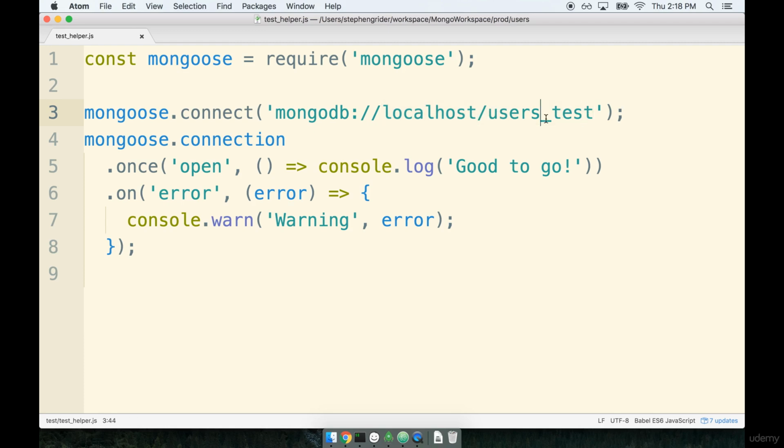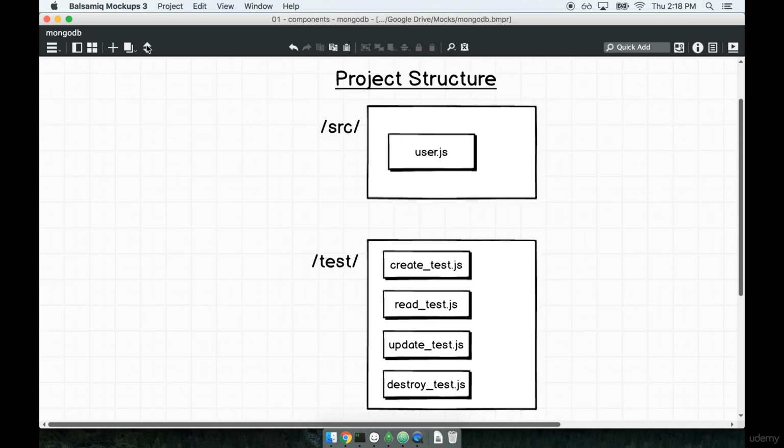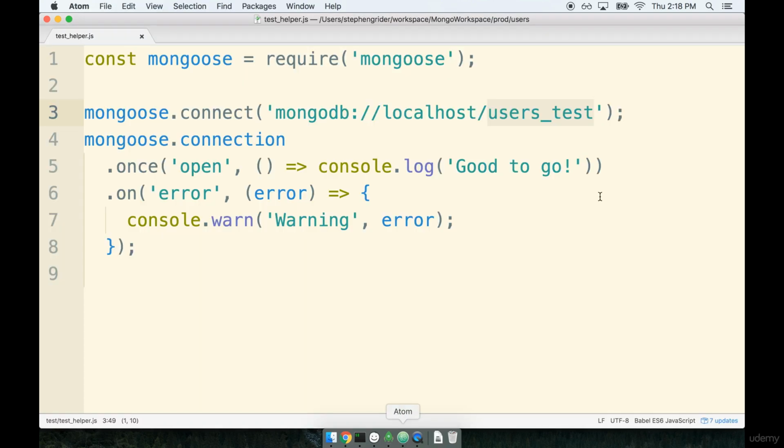Everything after that slash, users_test, is another important little piece of the puzzle right here. Remember that when we were talking about Mongo earlier with some of these diagrams, I had said you've got your Mongo instance, but in that instance there are multiple databases, right? Like we discussed that a little bit. That's what this last part of the string is right here. If we have multiple databases in our MongoDB instance, Mongoose is going to ensure that it connects to a database called